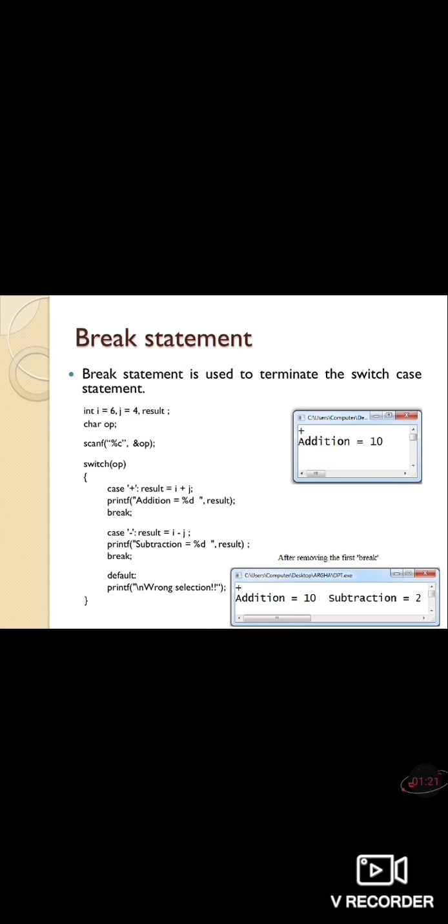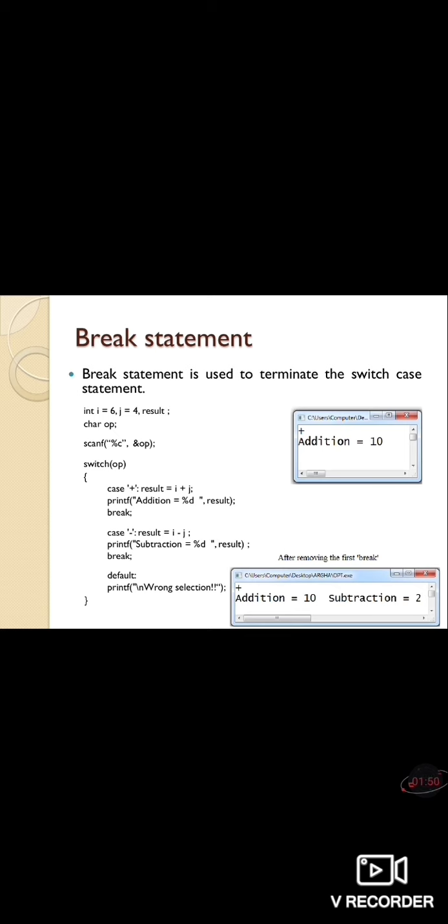Now within the switch case, there are two cases, one for plus, another for minus, and another is the default statement for printing the wrong selection. Now if the user enters the plus character, case plus will execute.